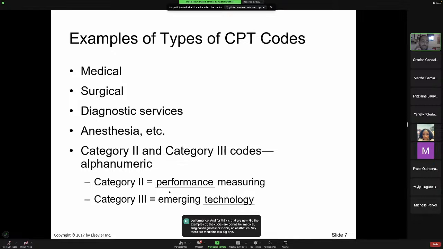Evaluation and management, all those things. And category 2 and 3, like I was saying, 2 is for performance measuring to see how people are doing, and then 3 is for emerging technology. So if something new comes, we're gonna keep it there to see how it works. If we're gonna keep it, it goes to category 1, the main book, and if not, then we